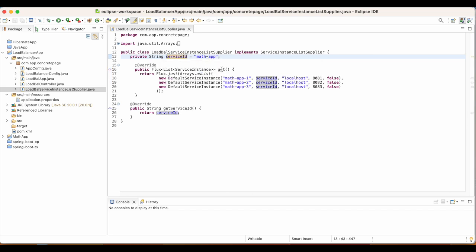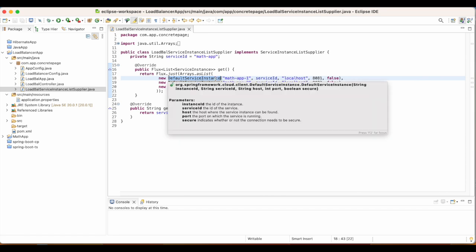Now look into the get method. Use DefaultServiceInstance and create its object by passing, first, the instance ID, then service ID, host, port, and whether the application is secure or not.